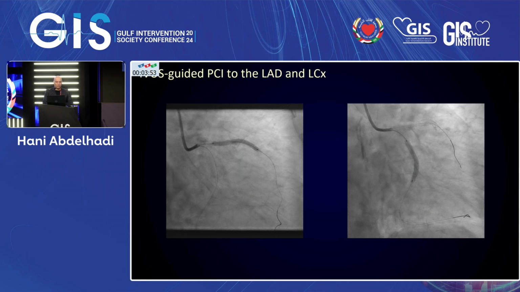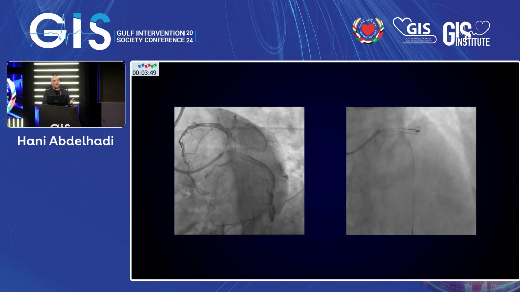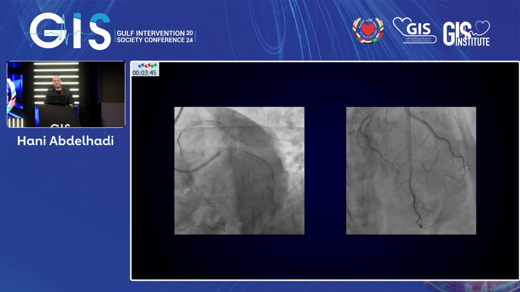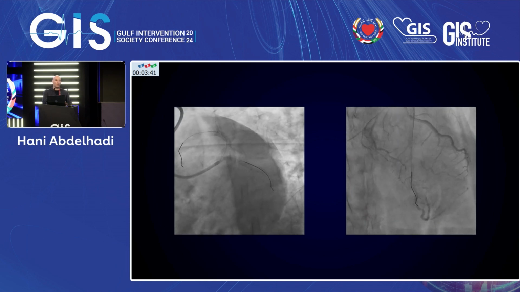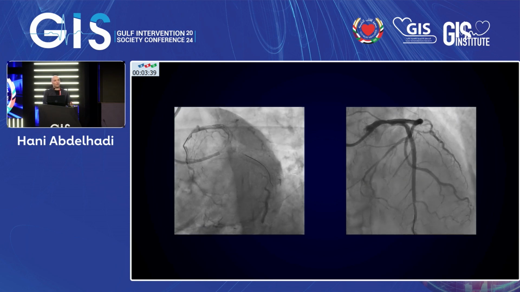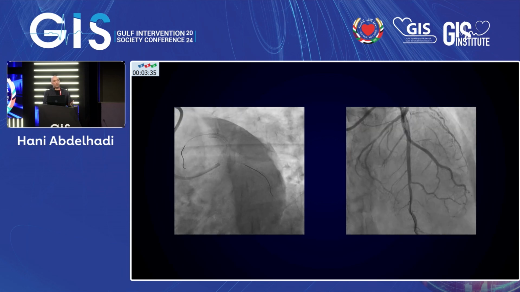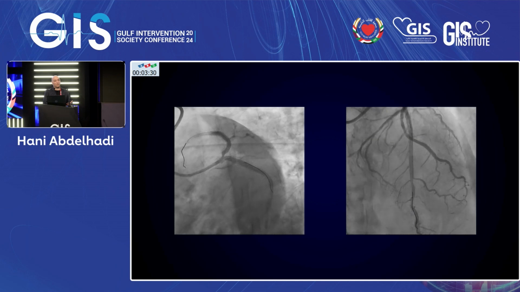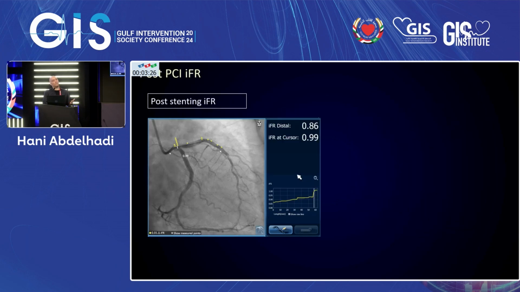So this is what we did. Image-guided IVL, PCI with optimization to both LAD and circumflex, and this is our angiographic result. Now at this point, the operator, myself, turns to his team and says, staff, this is how we do physiology PCI. State of the art, we know where the ischemia is, we've done a good job, now let's just check again and do another pressure wire to prove that we've done what we needed to do. We know where the ischemia was and we treated where the ischemia was. And so I do a pressure wire of the LAD, and this is what you get.